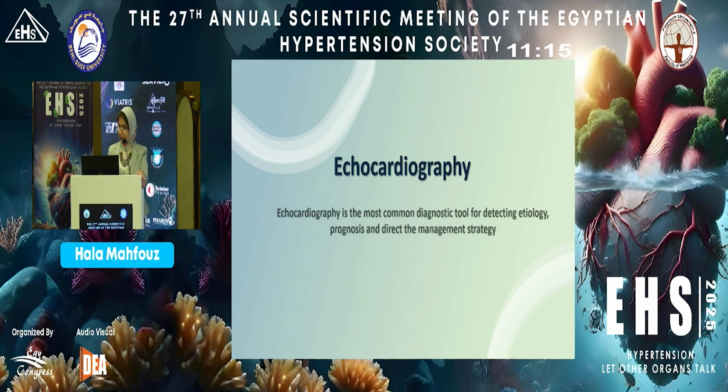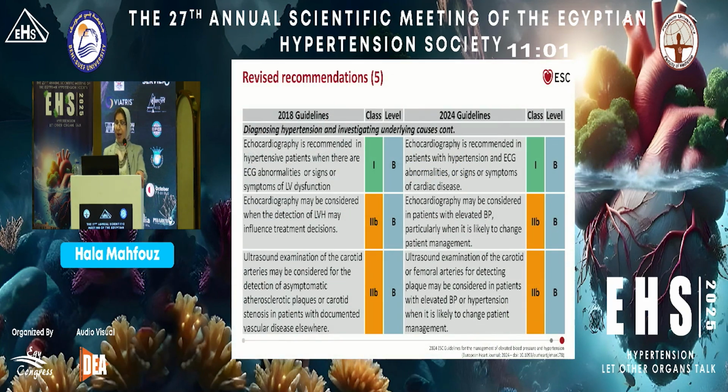In fact, echocardiography is the most common diagnostic tool for detecting the etiology, the prognosis, and even directing the management strategy for patients with elevated blood pressure and those with hypertension, because in the new 2024 guidelines there are terminologies: non-elevated blood pressure, elevated blood pressure, and then hypertension. Now, in the 2024 ACC guidelines, they placed echocardiography as a class 1 indication for every patient having hypertension, which means blood pressure 140/90,